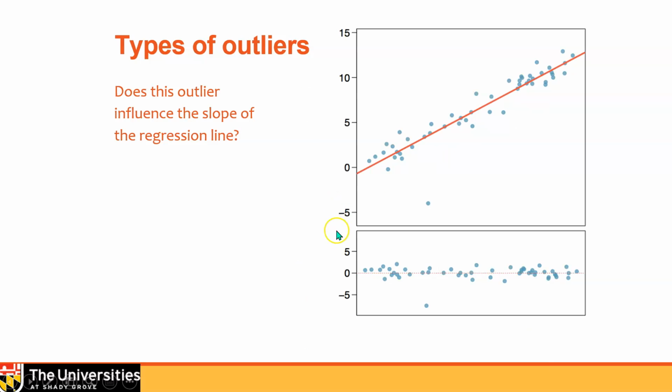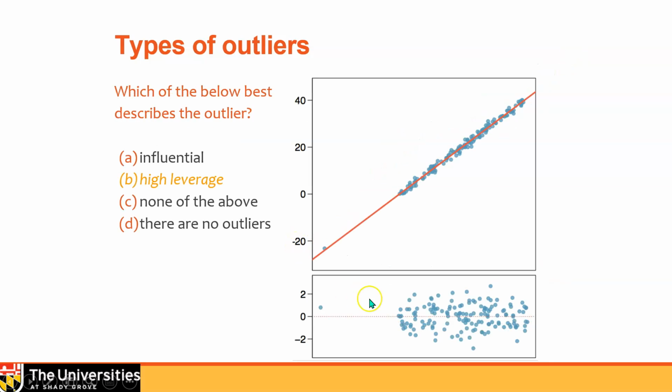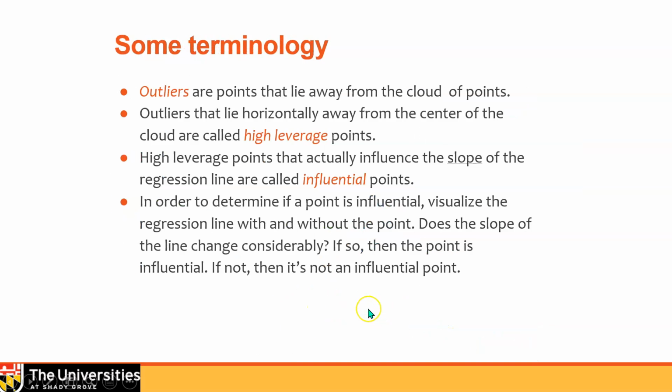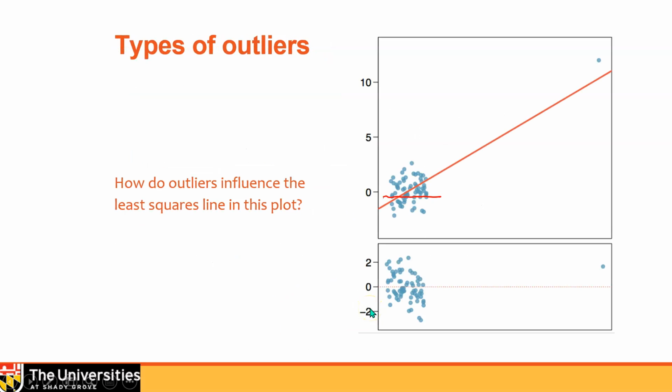So here's the original. It's kind of hard to see. It's not necessarily going to pull the line down in this direction, because we've got all of these points here. If you look at the scatter, it's pretty evenly distributed, and then there's this one little thing. So that's not going to make a heck of a lot of difference in our residual plot. Look at the difference here. This is kind of lined up within the sleeve, as compared to, where's the other, when we've got this situation, everything's massed here, and then this is out along the side.